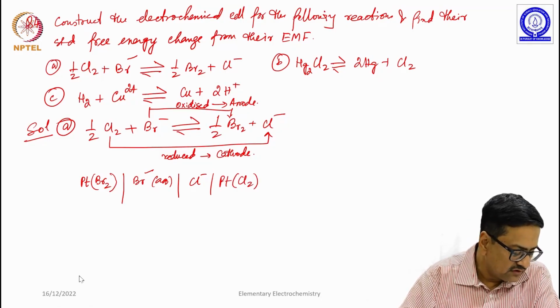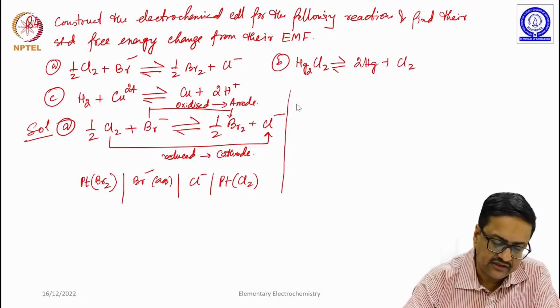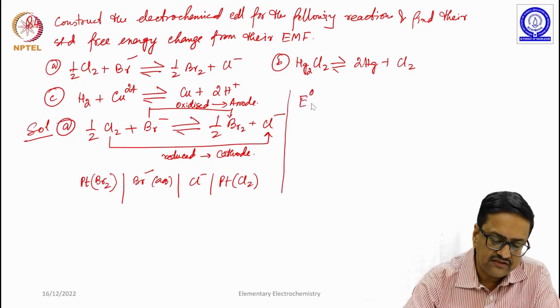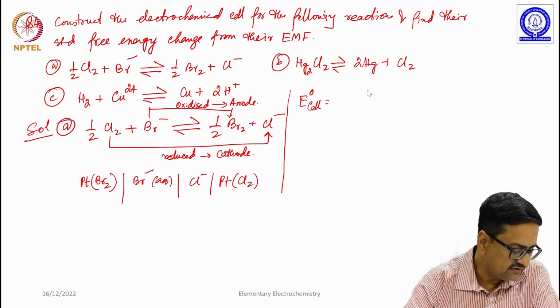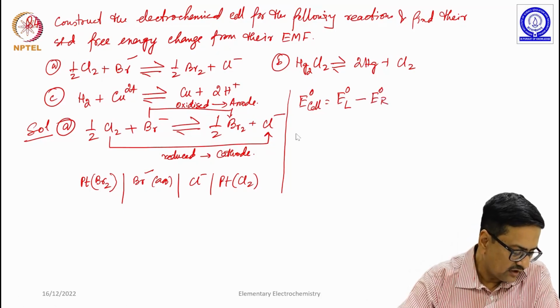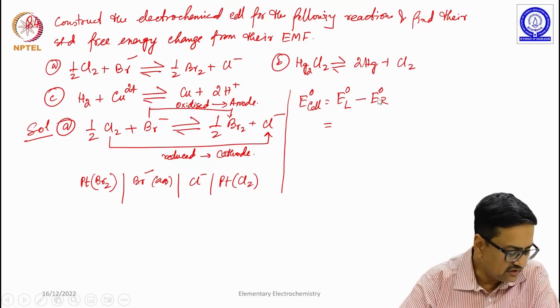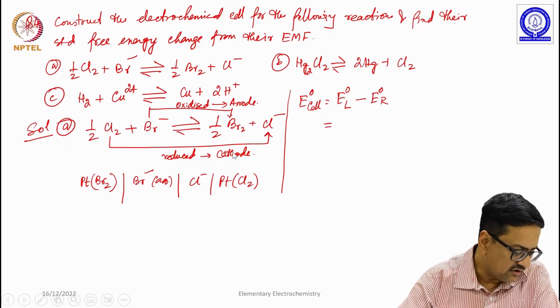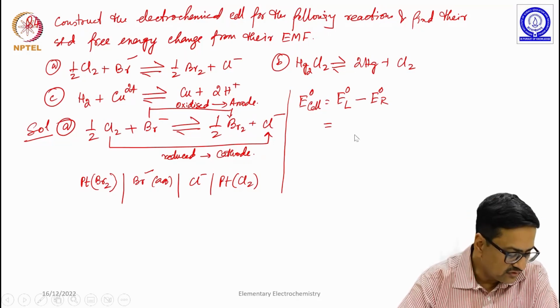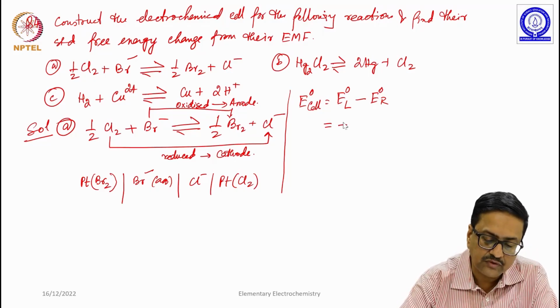Right. So, now what one can easily calculate here is E0 cell is nothing but E0 left minus E0 right, and when you try to find out those values from the textbook and do the math,